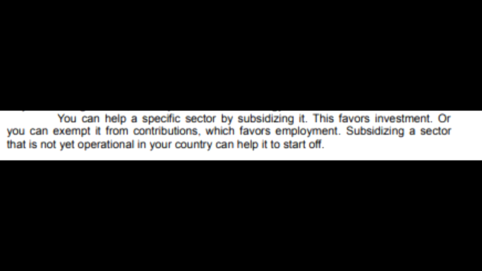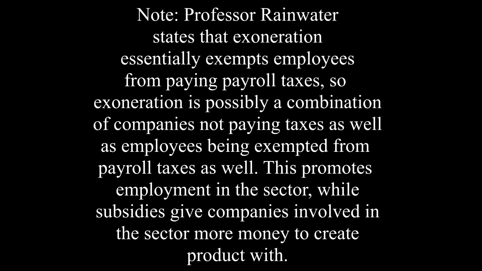The first option is subsidize. This essentially offers cash grants and interest-free loans to businesses and individuals involved within the sector. In turn, it promotes growth within the sector. The second option is exoneration, which exempts the sector from taxation and also exempts the employees involved within the sector